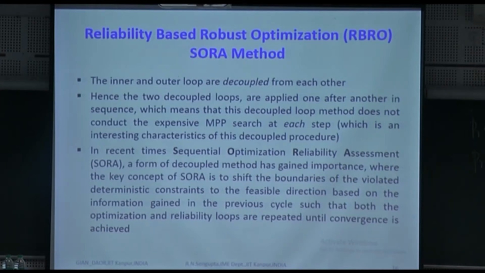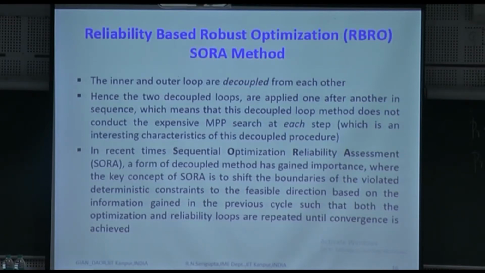this decoupled loop method is not as expensive, expensive in the sense of time complexity or space complexity. If you are doing that optimization, you need to save the matrices or the vectors, whichever is there. So you save on those and then proceed accordingly till you reach the optimal result. In recent times, sequential optimization and reliability assessment, or sequential optimization methods, or sequential quadratic methods, are being used very heavily, where you have such reliability constraints which you need to find out.